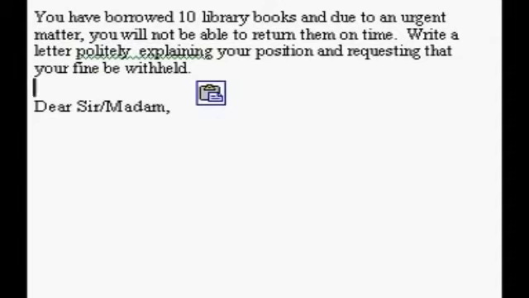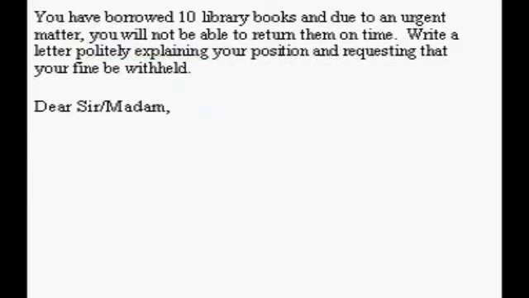So maybe I'll stick our question back up here. Just to review once more, you have borrowed 10 library books and due to an urgent matter you will not be able to return them on time. Write a letter politely explaining your position and requesting that your fine be withheld. So in our first paragraph, we want to indent, so I'm going to leave a space here, and I'm going to write the purpose of the letter. So basically, I am writing in regards to